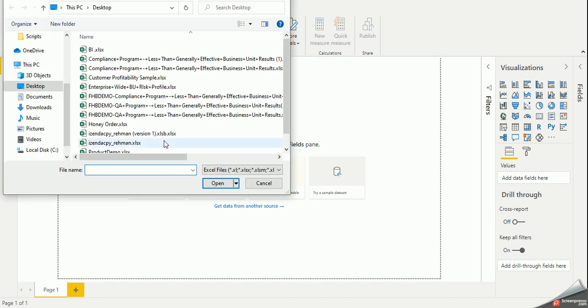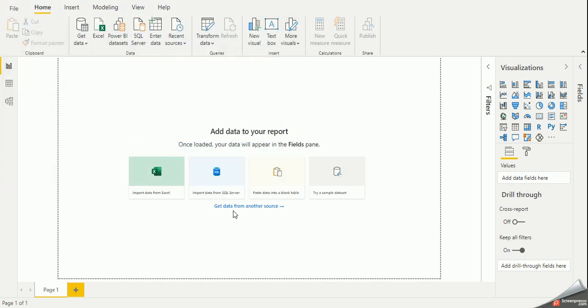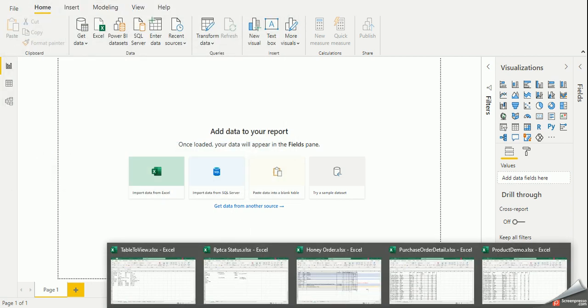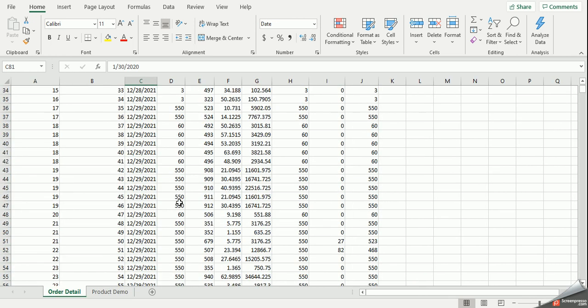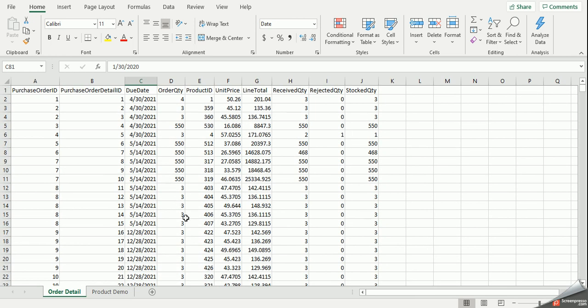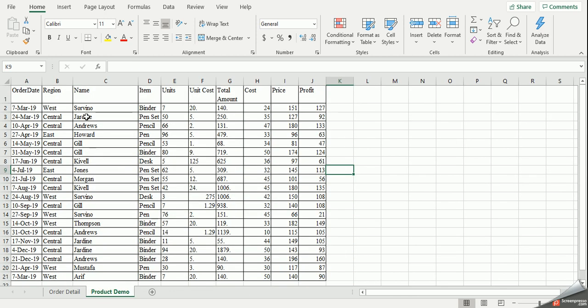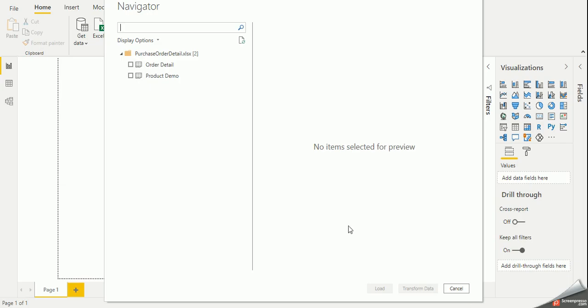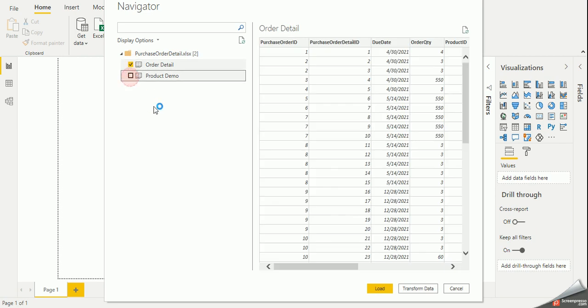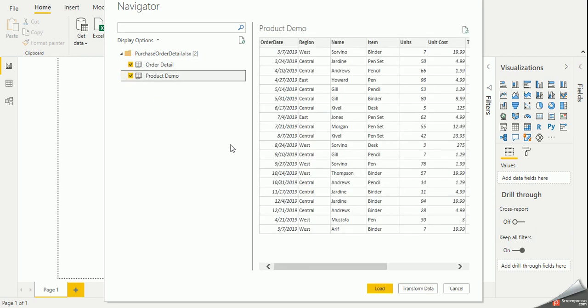So I'm importing an Excel sheet, and I will select it. If I show you the Excel sheet, we have two data sets available there. We will filter out the numeric value, we will filter out the text value, and we will filter out the date value. So I will choose both the sheets to bring the data in, and then go to Transform.